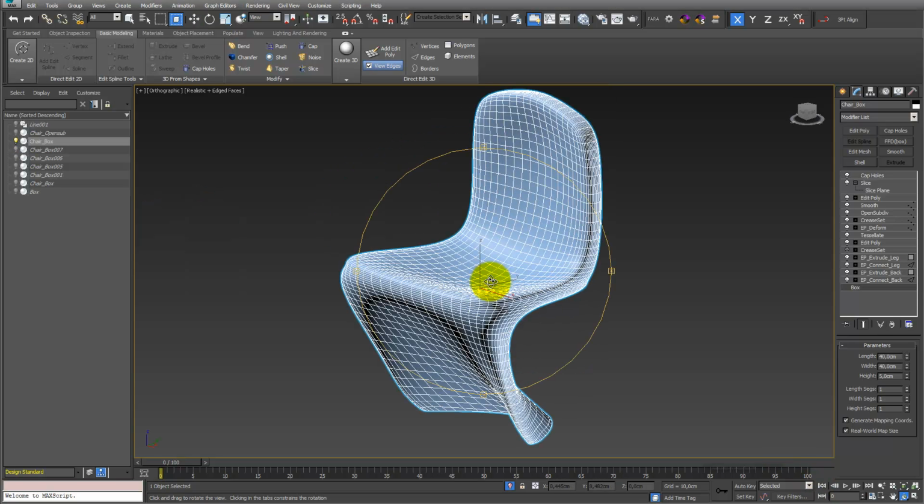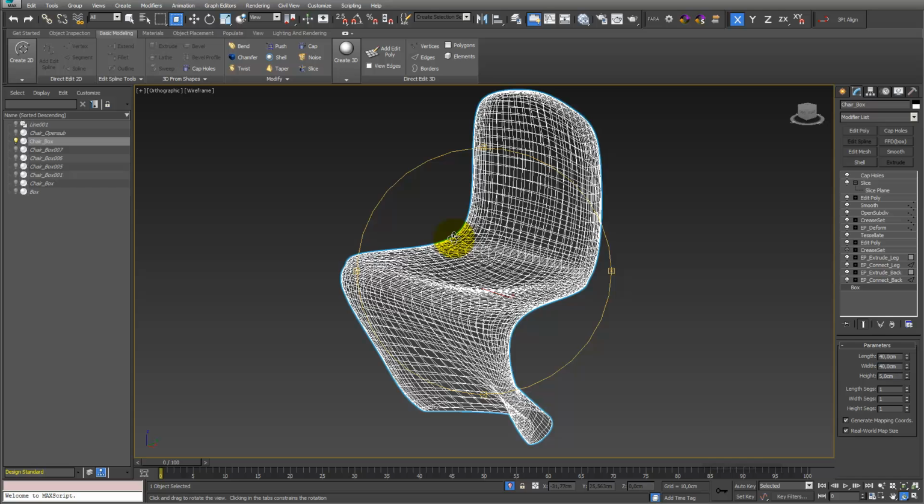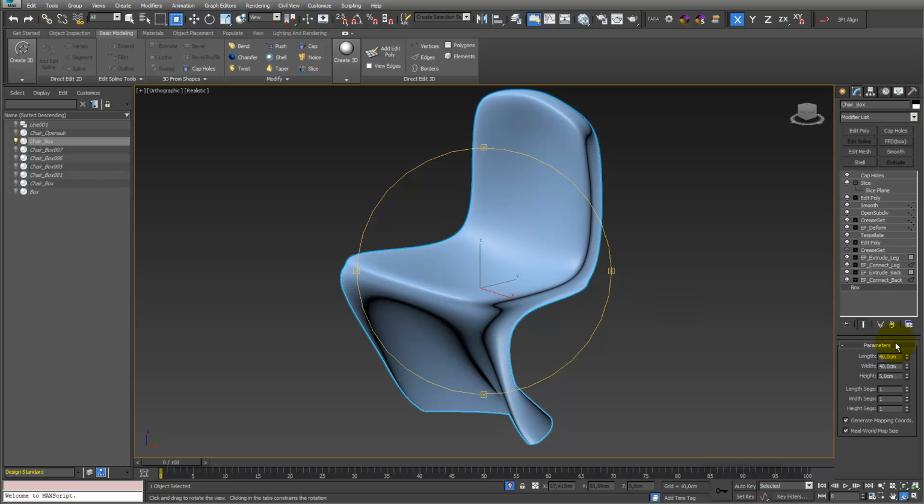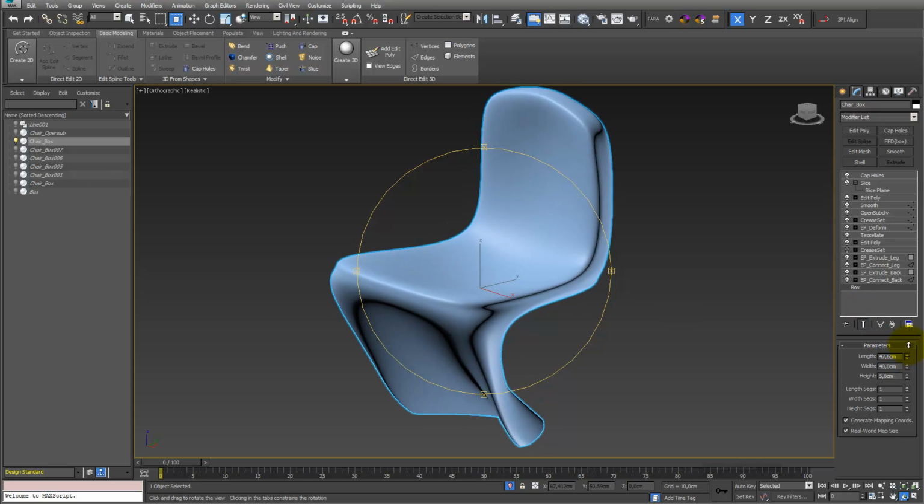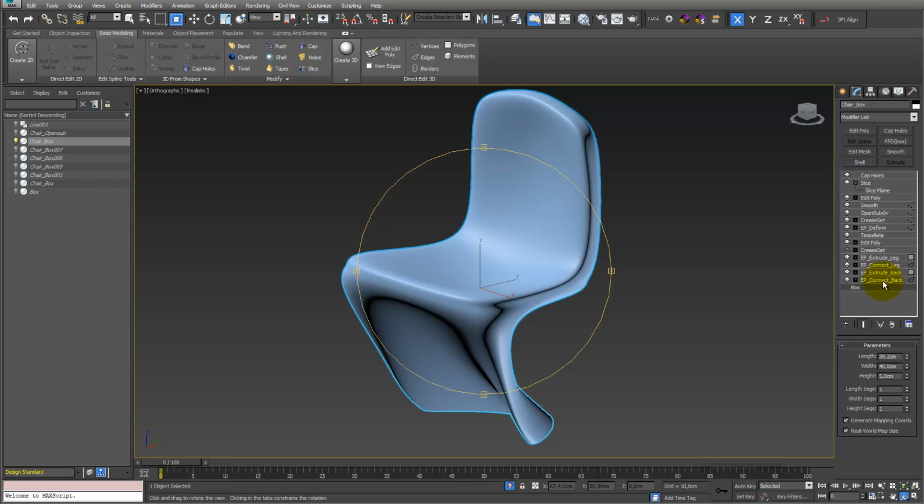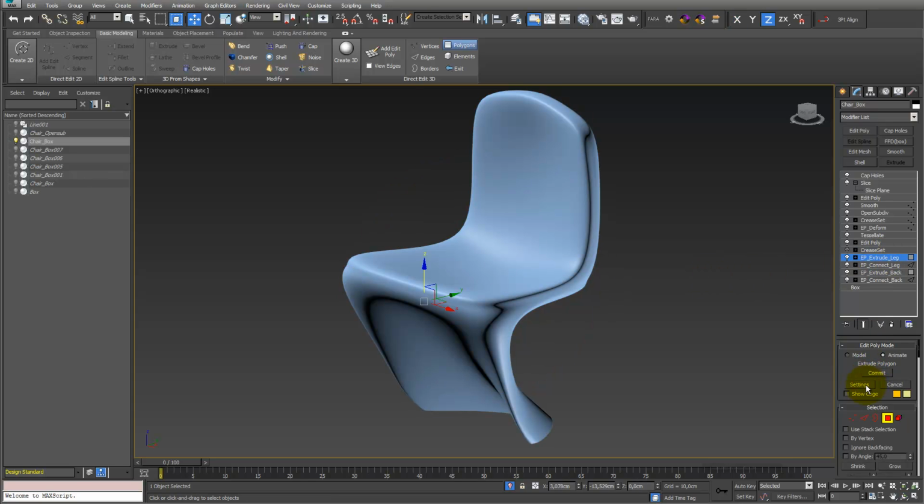So what did we finally achieve? We have a 3D model with full control. I can still change the parameters of my box. I can, for example, go into the extrusion of my legs and go into my settings and make this a little bit longer or a little bit shorter. I can go into my